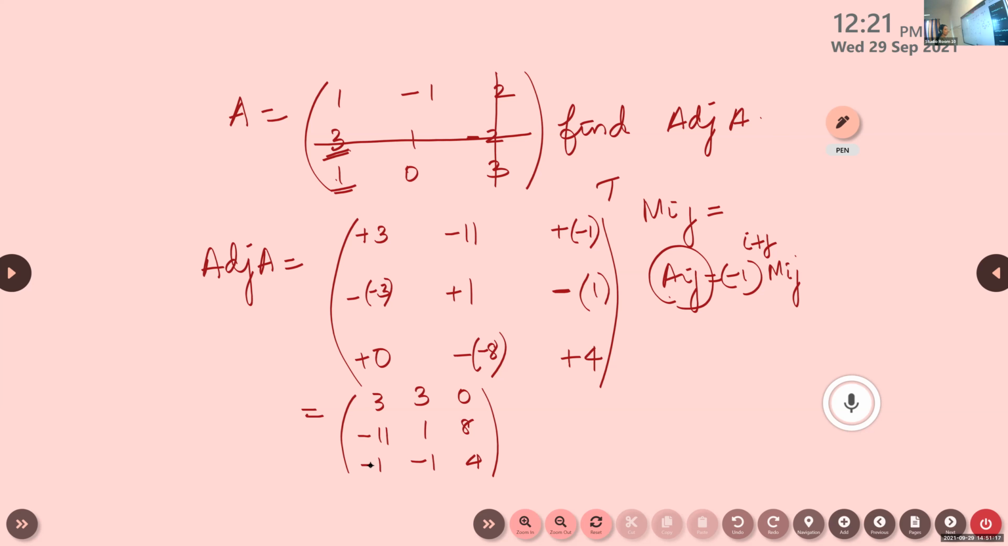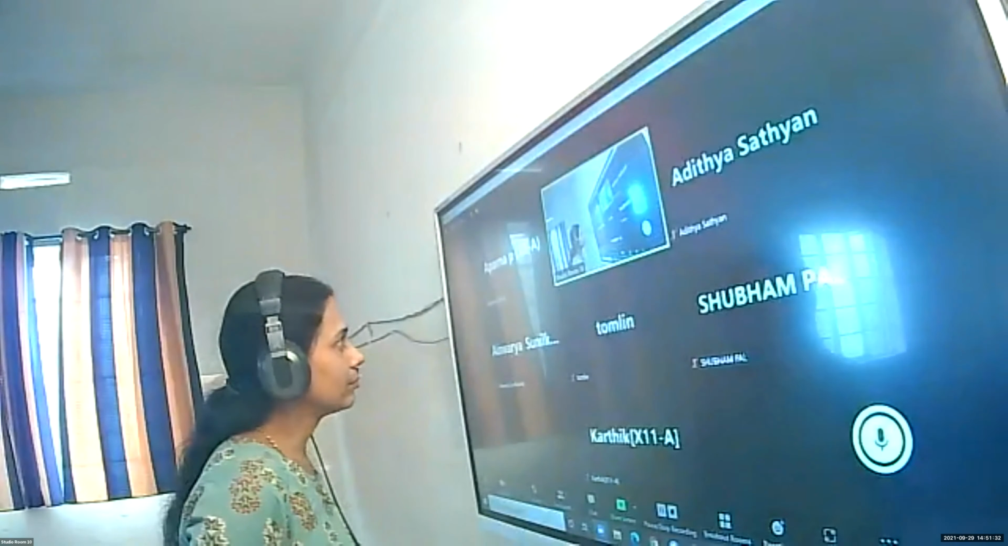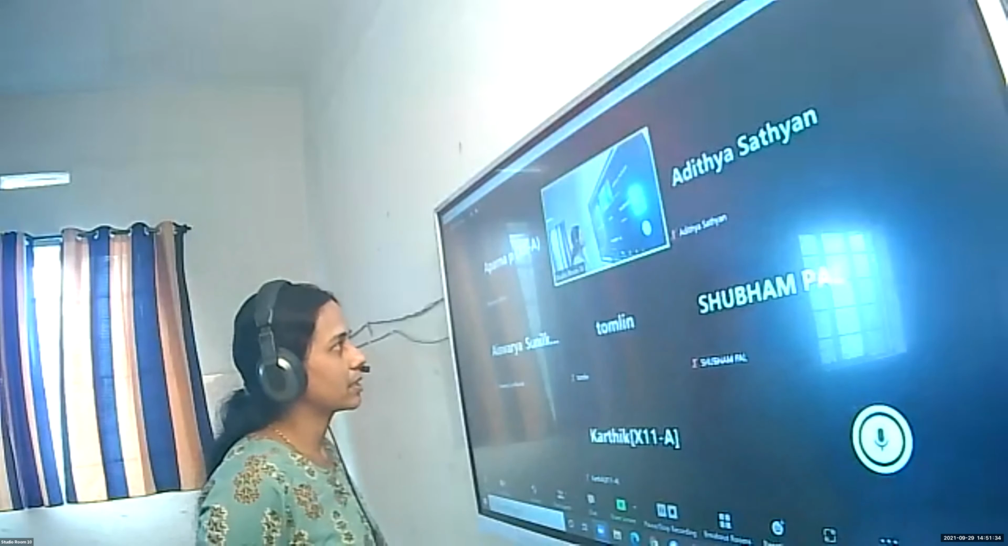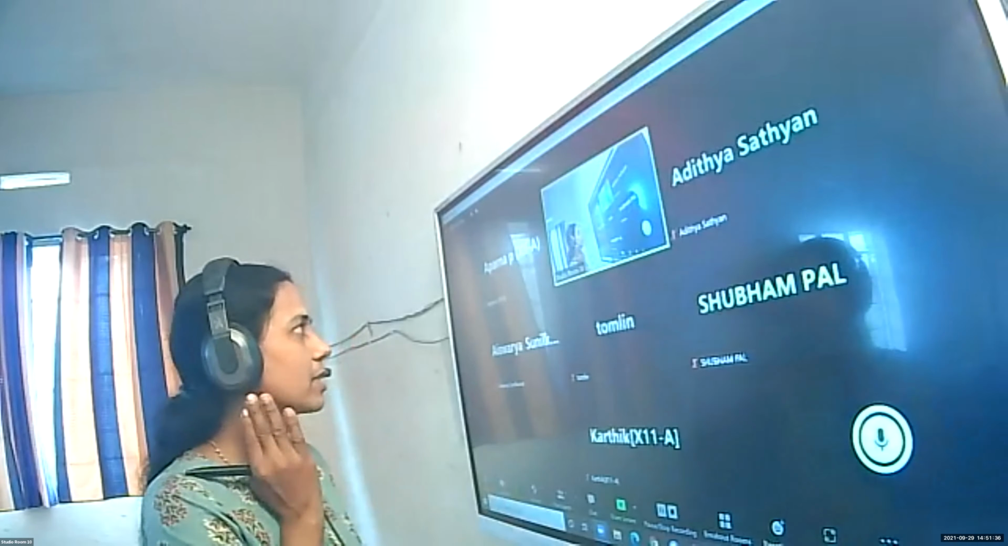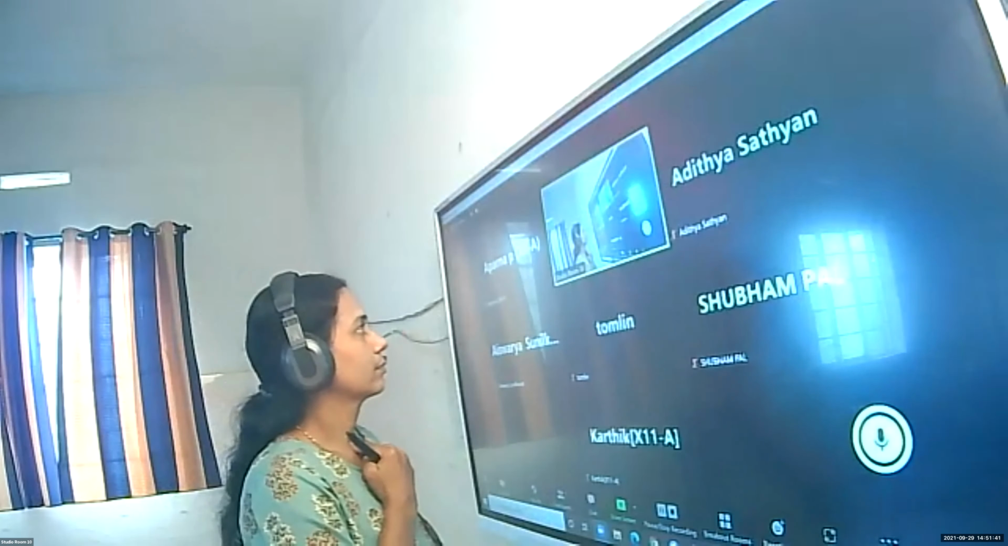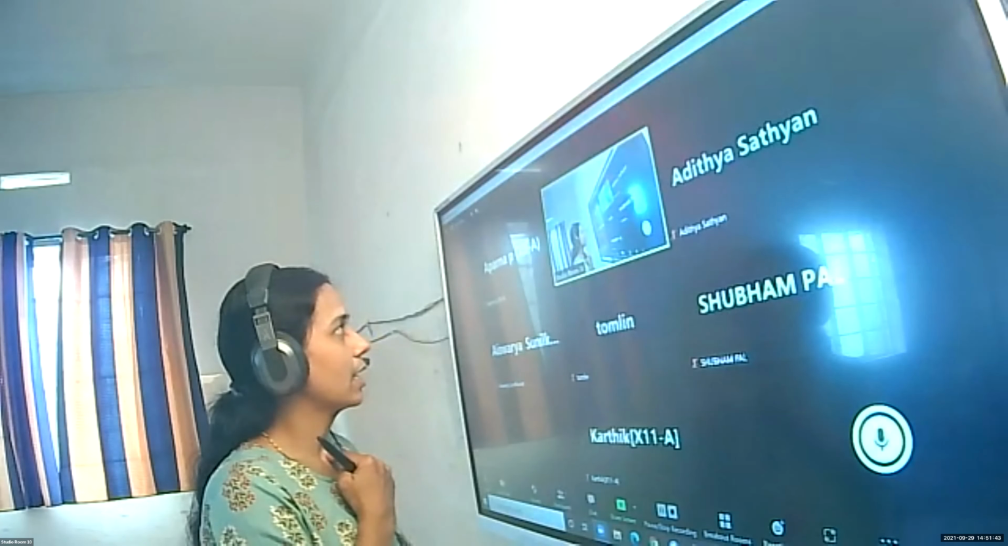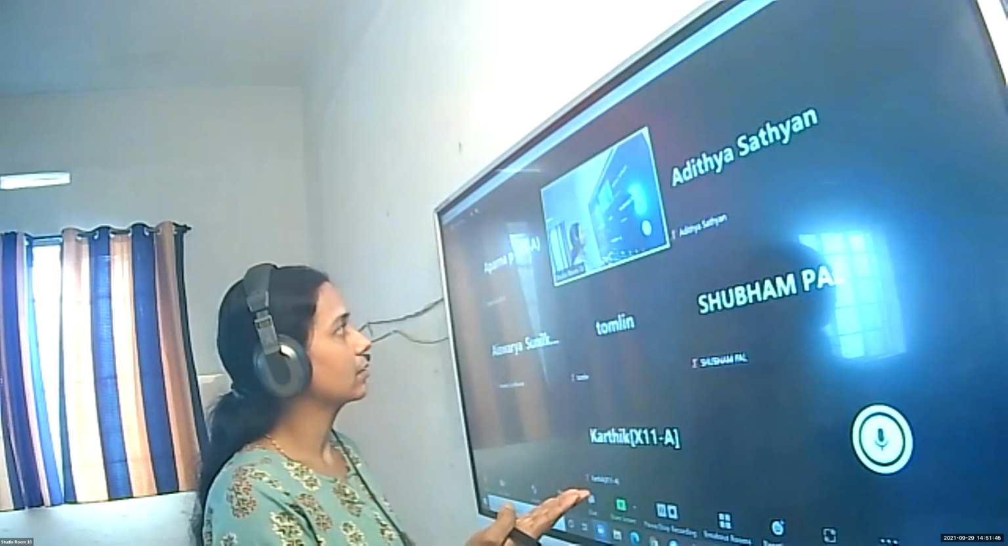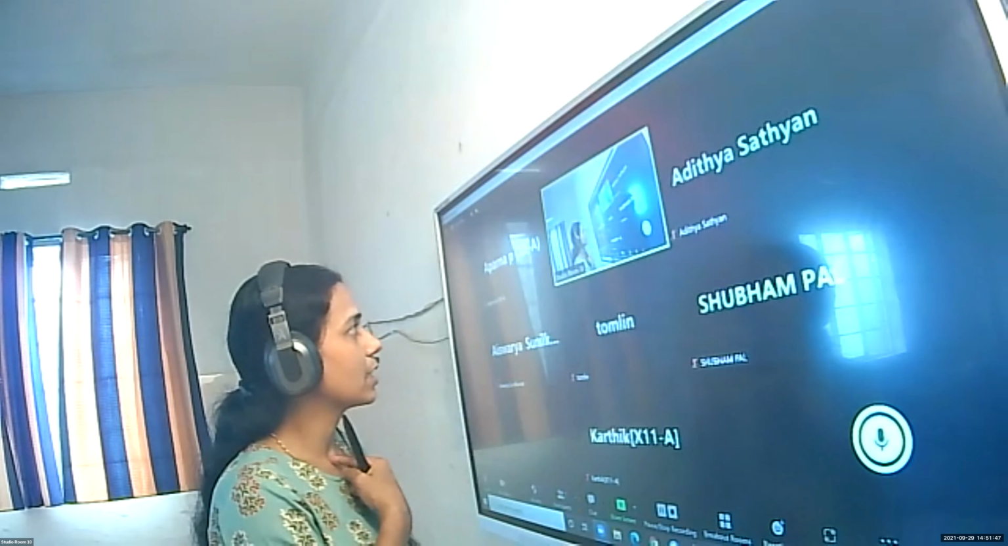Okay, suppose a 3 by 3 matrix is given and you are asked to find determinant of adj A. How will you do this? A square 3 by 3 matrix is given and you are asked to find determinant of adj A. How will you find it? A is a 3 by 3 matrix. Therefore, determinant of adj A is